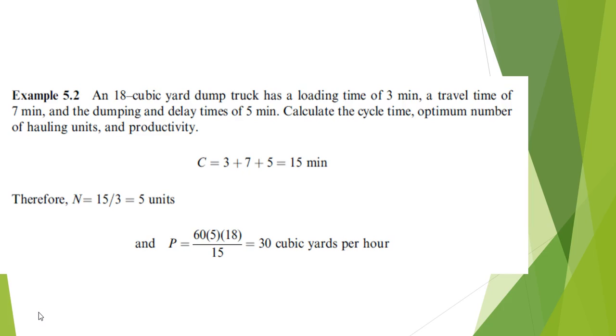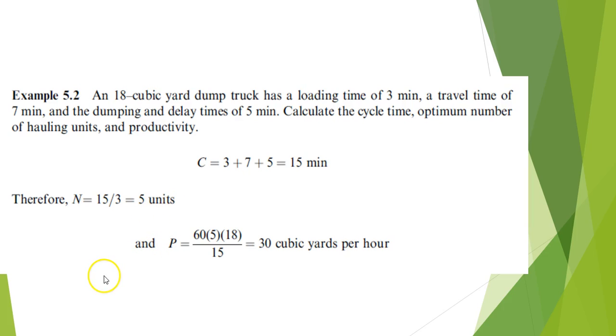So see, the cycle length is 3 minutes plus 7 minutes plus 5 minutes, a total of 15 minutes. So if you have a 3-minute loading time, you can get the number of units by dividing that total cycle time, 15 minutes, by 3, which is the loading time, and that tells you you need 5